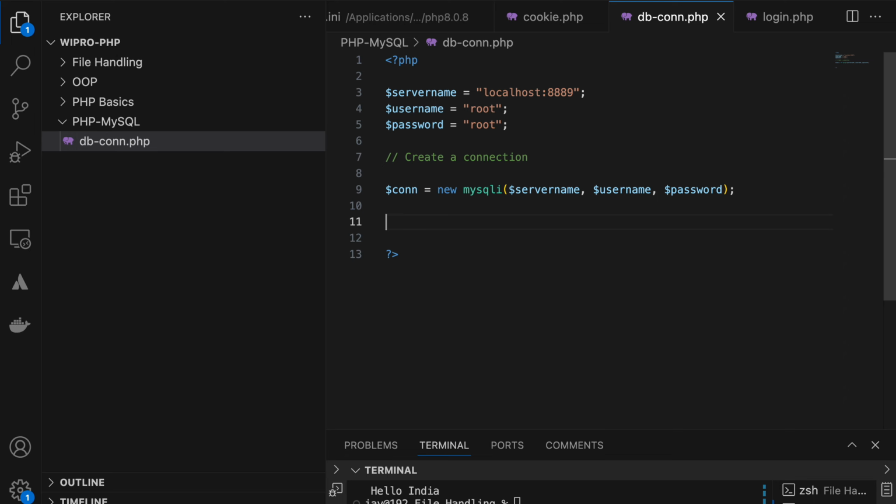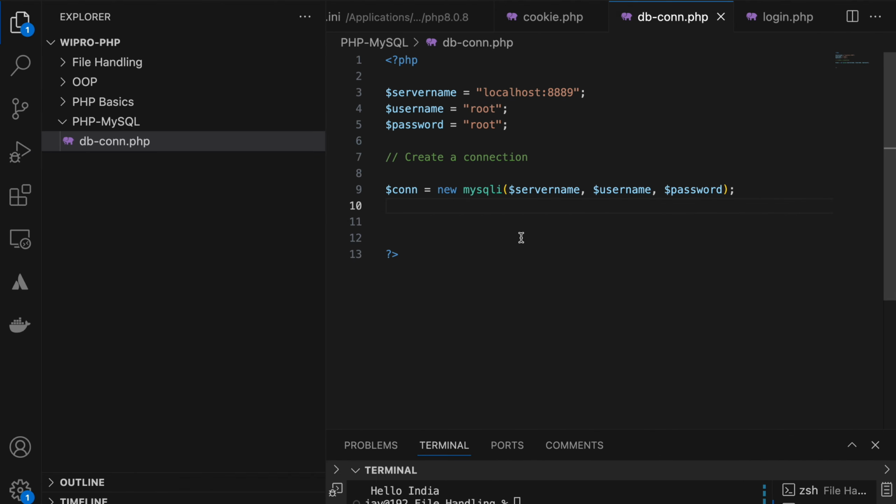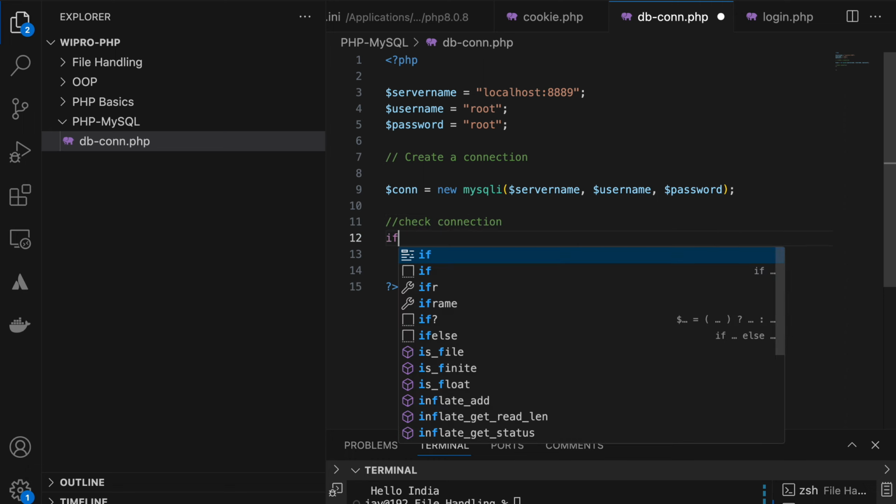How should I know that my connection is established? Because I have created this object, I don't know if this information was correct or not. So check the connection. How can I check?